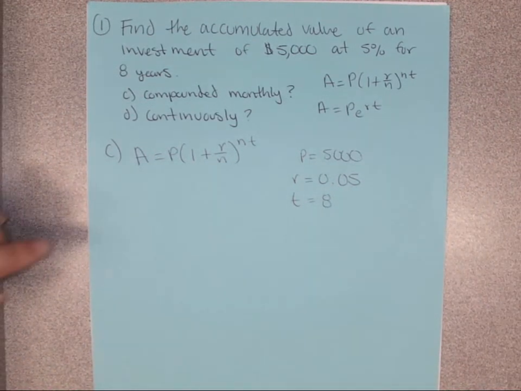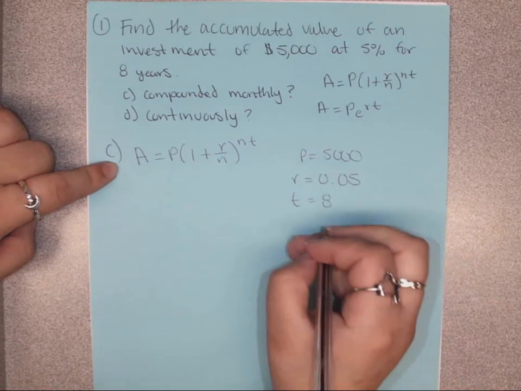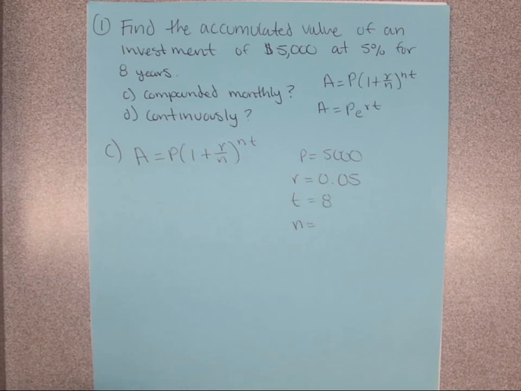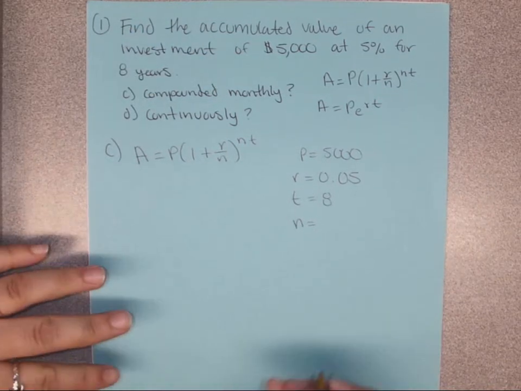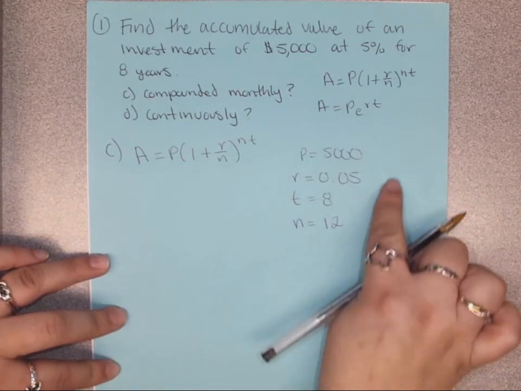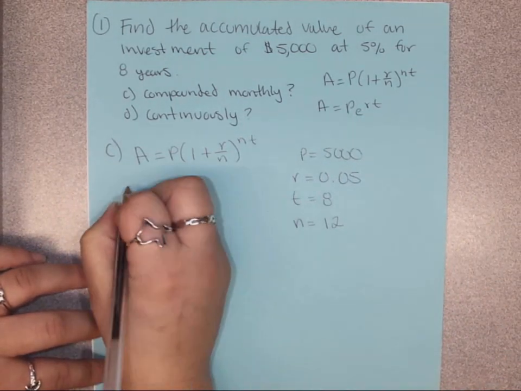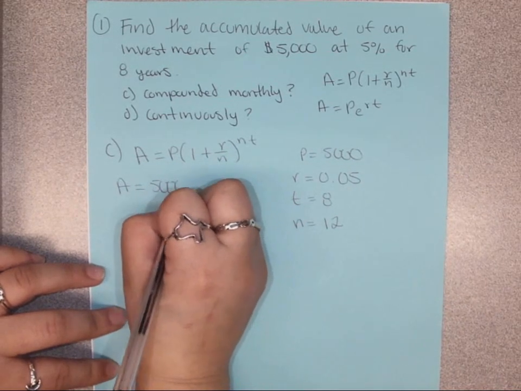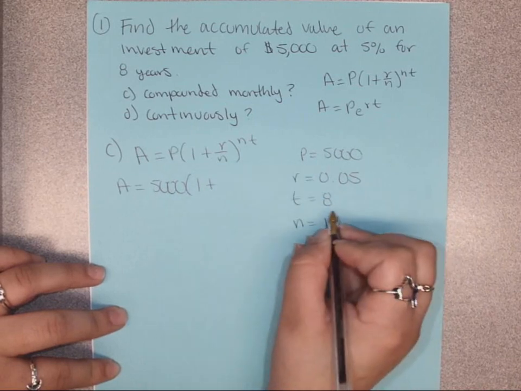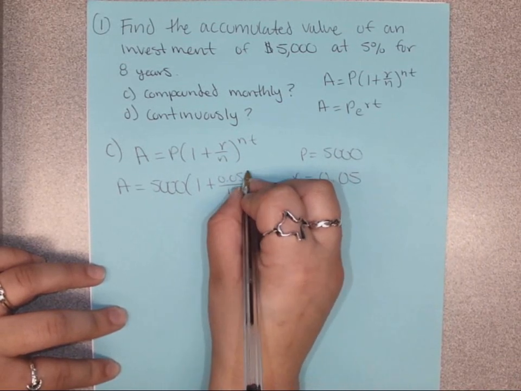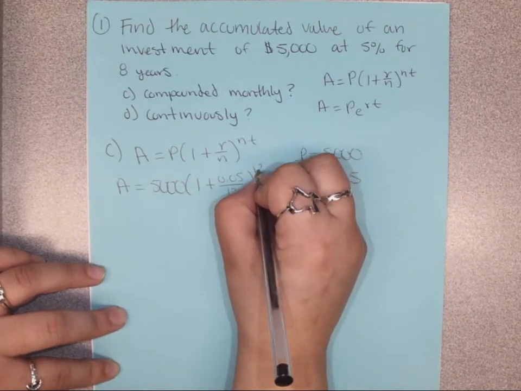Now the next piece of information we need for part C is our N. Our N is the number of times you compound in a year. If we're compounding monthly, there's a total of 12 months in a year, so N is equal to 12. Once you can identify all the variables, all you have to do is plug in. P is 5,000 times (1 plus R, which is 0.05, over 12, since we're compounding 12 times a year)